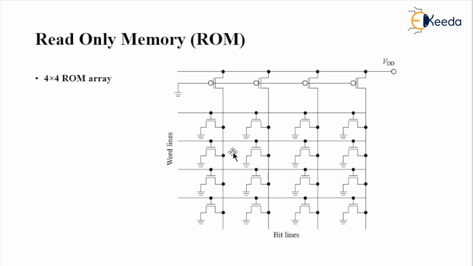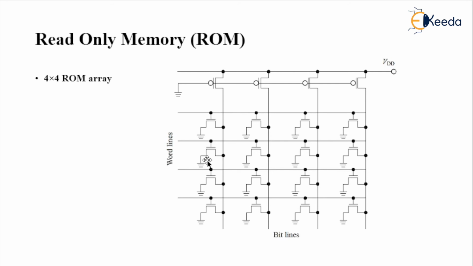when there is any absence at the cross point of the bit and word line, it implies logic 1. Clear? So when there is a cross point of bit and word line, and there is an absence of an NMOS transistor among all these 16 transistors, it implies there is a logic 1 in it. If there is an absence, there exists a logic 1.